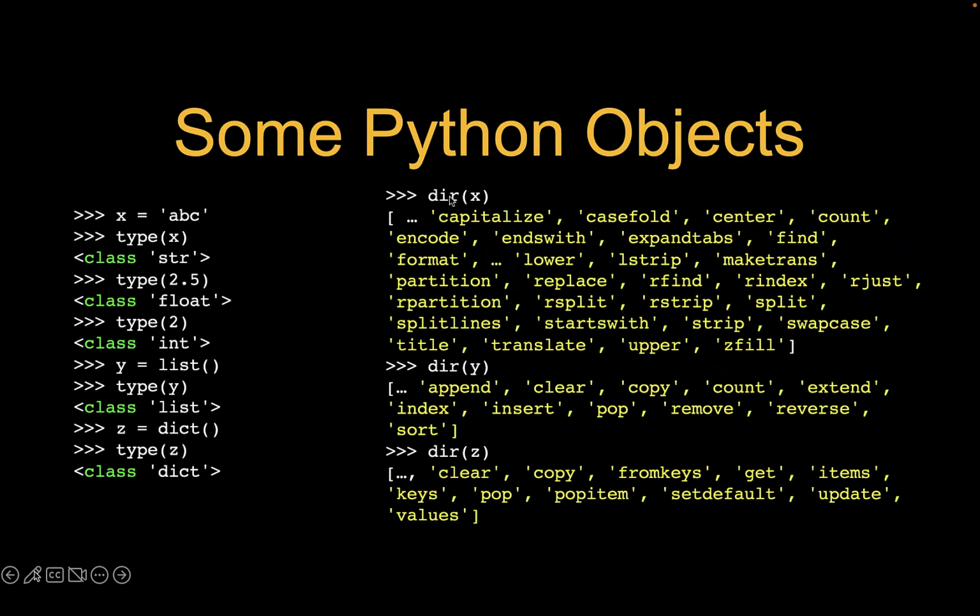And what do we see? Well, we see here a list of all the methods that are available. And the methods that are available for string are not surprising. We've got the ones that shift the case. So we've got lower, we've got upper,